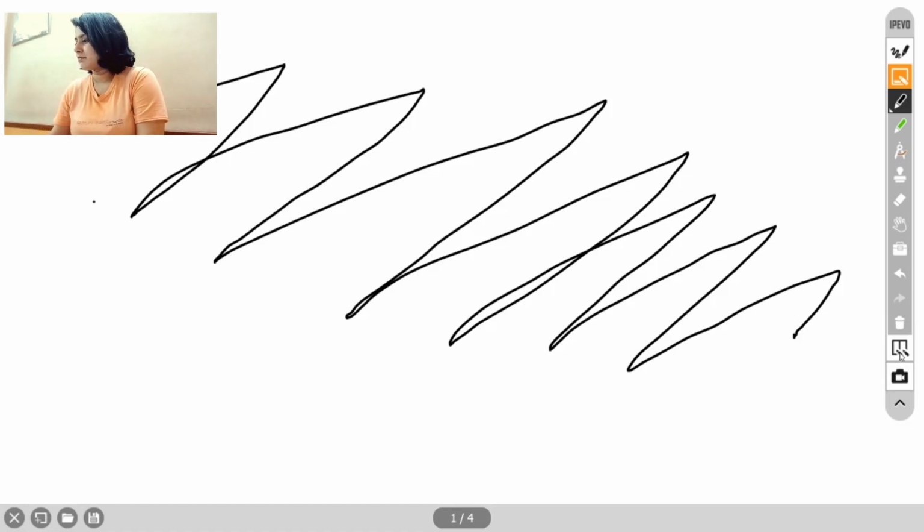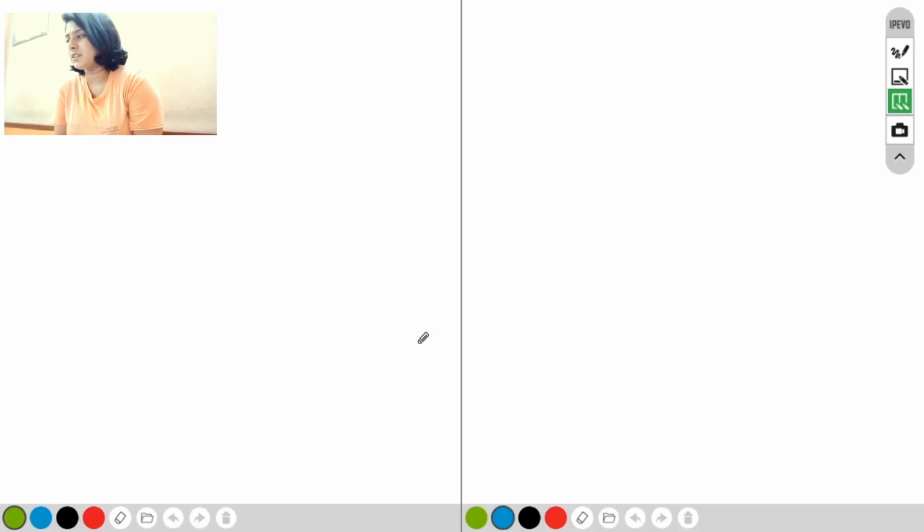Now, there's a double screen here. So what's the point of this double screen? According to me, I don't know a lot of uses. If you find some uses for this double screen, do tell me in the comments. According to me, I can use this double screen to show some differences to students, or just tell them that this is this and this is this, make a comparative analysis, or compare two diagrams, two sketches.